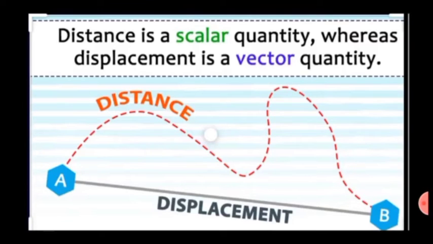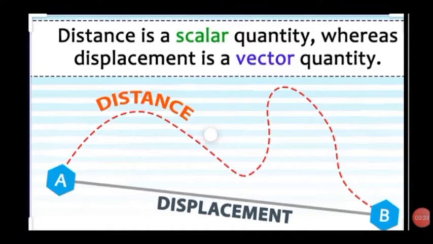Distance is a scalar quantity whereas displacement is a vector quantity. Displacement is a vector quantity and not a scalar quantity because it can only be described by using both magnitude as well as a direction. Distance, on the other hand, is a scalar quantity since we need to know only about the path taken. In comparison, the path does not matter in the case of displacement.